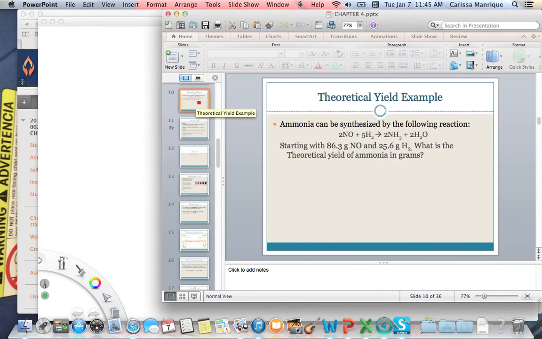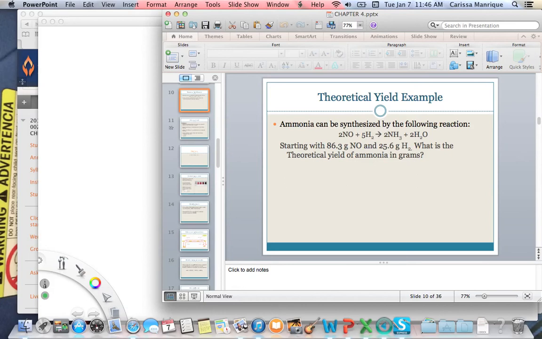So in chapter, what chapter are we in? 4. We have looked at theoretical, actual, and percent yield. This basically tells you how well your reaction went. The theoretical yield tells you, theoretically, the max amount of product you can make. Your actual yield tells you what you actually made, and the percent yield tells you how well the